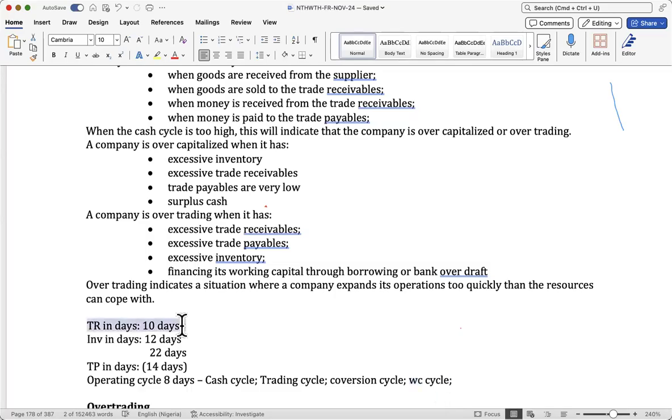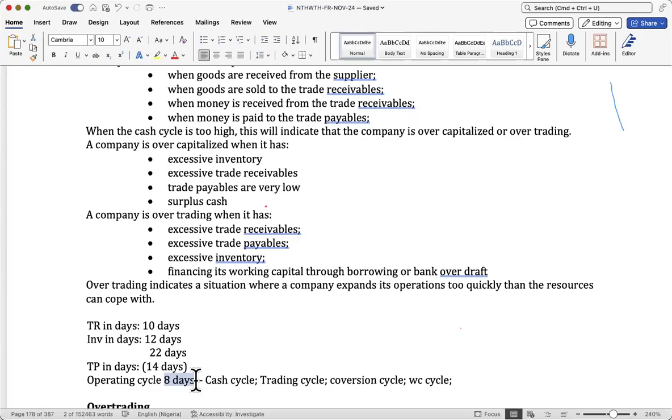Your trade receivables in days plus your inventory in days minus the paying back, which is trade payables in days, will give you your operating cycle. You see, operating cycle is a major determinant for efficiency,